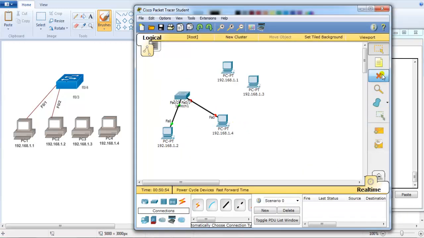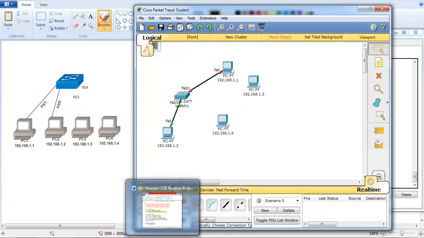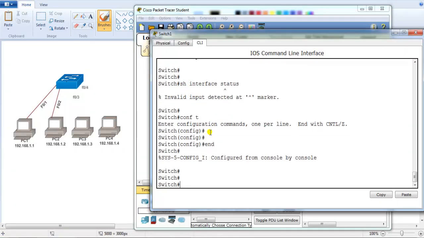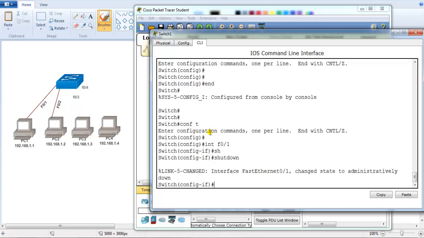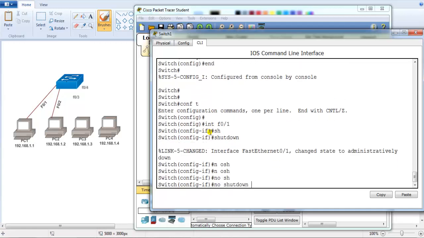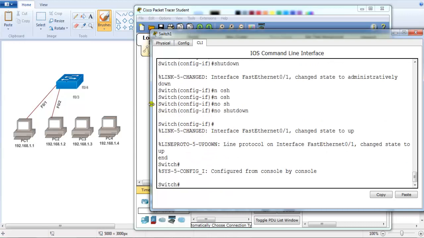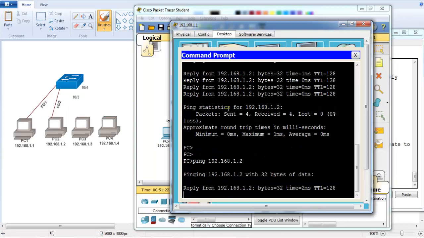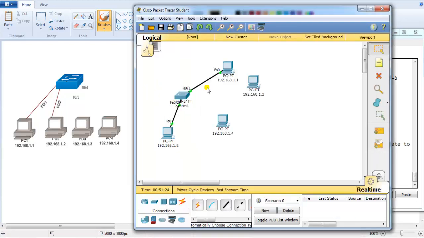Now what I'll do is I'll remove the connection from here and I'll try to connect back to any one of these ports. Now you can see the port will be in shutdown state by default, even if it is connected to the valid host. The reason is once it goes to error disabled state, if you want to make this port back up, we need to use the shutdown and no shutdown commands. Now I can see the port comes back up. Now if I try to communicate from 1.1 to 1.2, I can still communicate here.